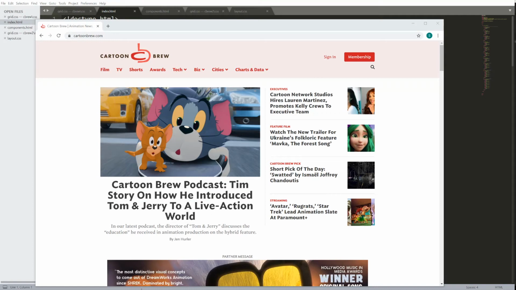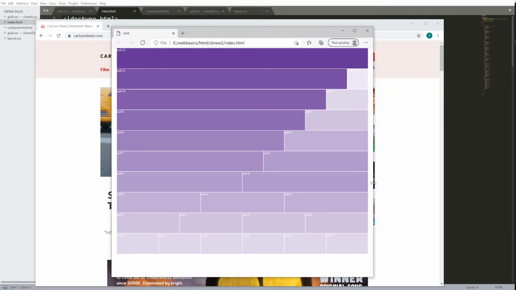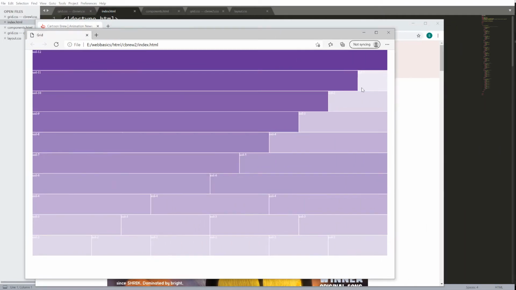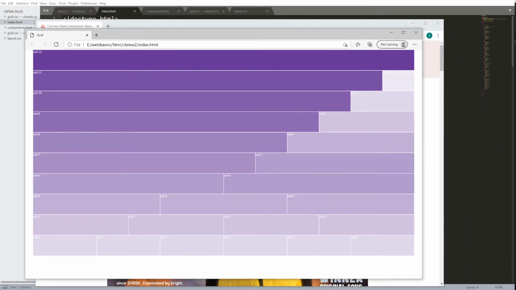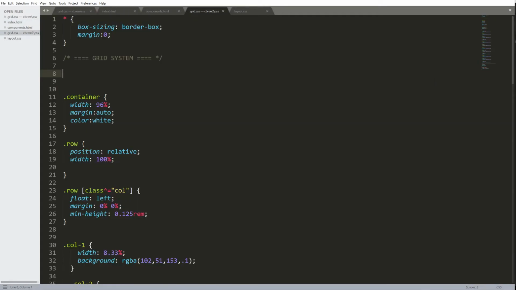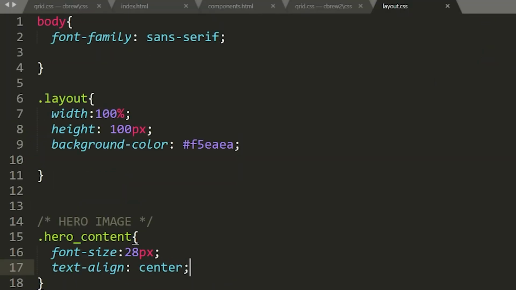Let's explore creating this page using our current grid system. Right now, the grid is as wide as the page, and we need to constrain that. That isn't what's happening on the real site. To constrain the grid, in my layout, I'm going to add